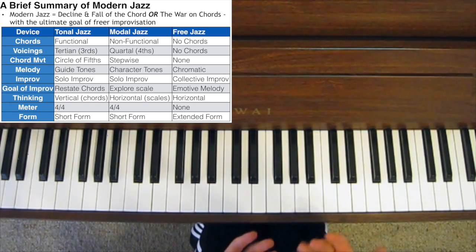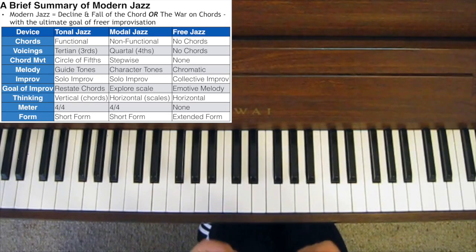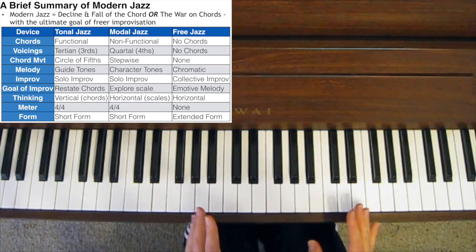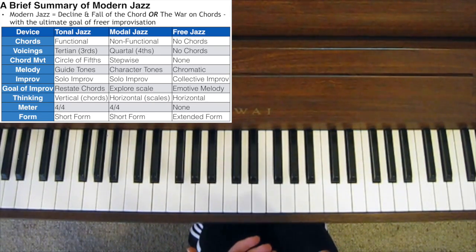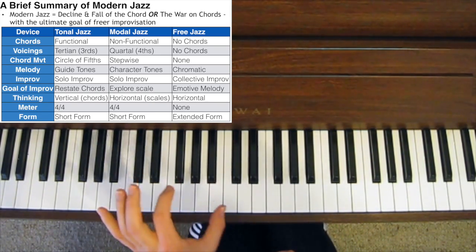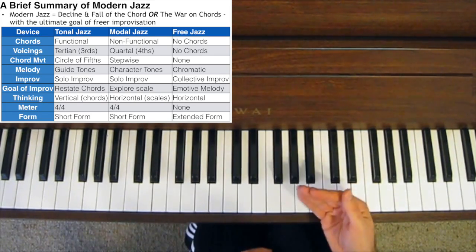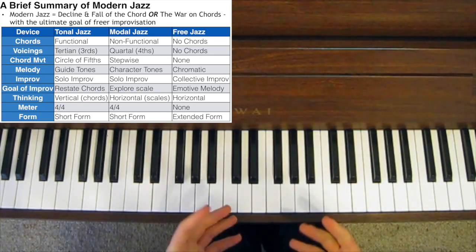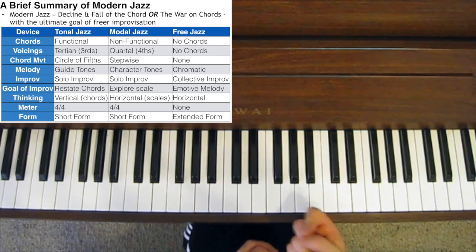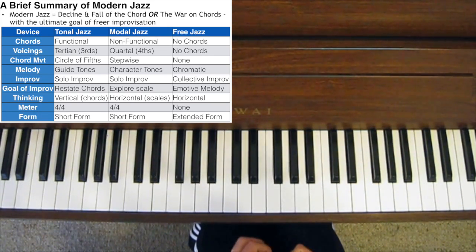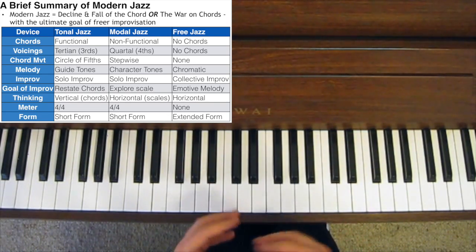So then by the late 1950s and 1960s, this trend was pushed even further with the creation of free jazz. Now this often used no chords whatsoever. And because of this, there is no restriction to your improvisation, because there's no strict underlying harmony which you have to adhere to. So you could play atonally, that is without a key and without a tonal center, or more often in free jazz, you could play pantonally, that is you could play in any key with any note being